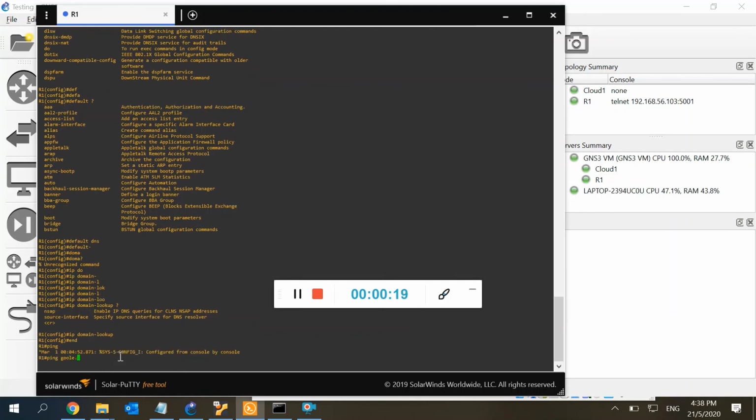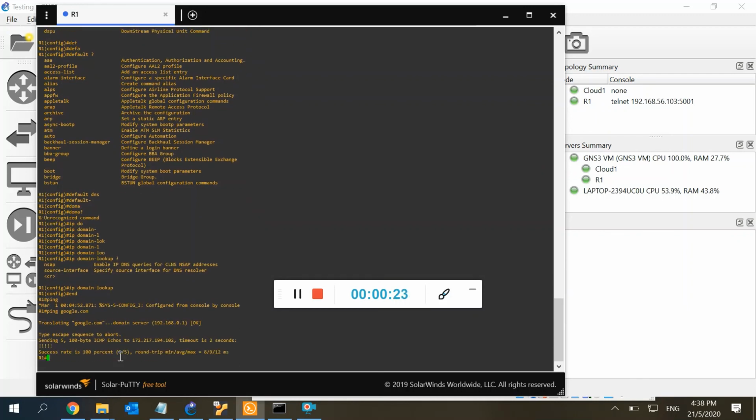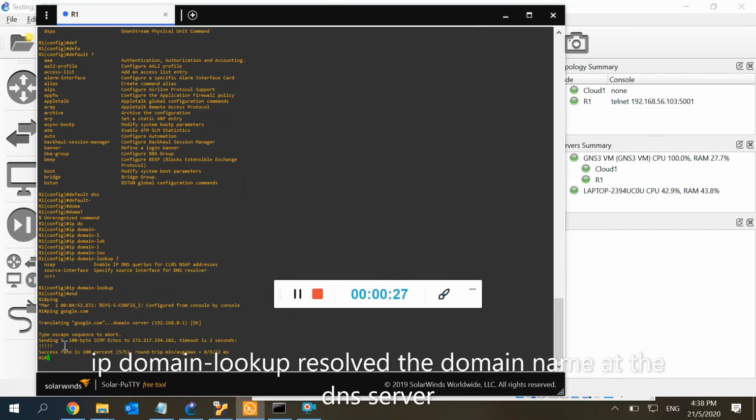Now we'll try to ping Google. Right, so what this command does is that it will make sure that it routes all the DNS through